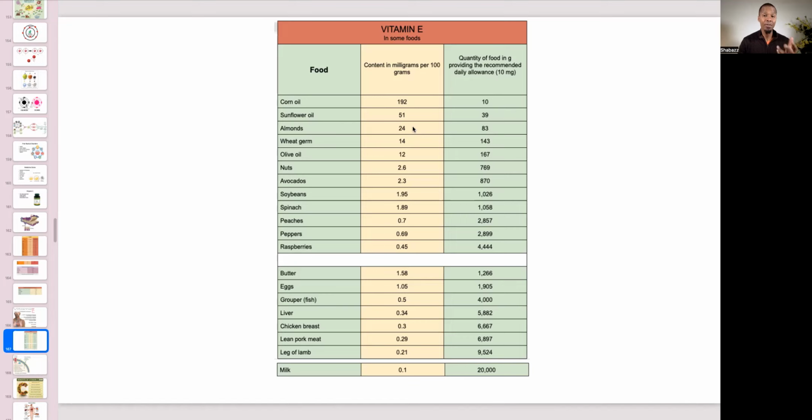That's phytic acid. Phytic acid comes from raw nuts. Almonds are no different. It comes from raw nuts. And when you put too much phytic acid in your system, it actually destroys your body's ability to metabolize the nutrients. So it inhibits the metabolizing of certain nutrients in your body. So we want to put in a handful, but look at this. If you're going to put in 83 grams of almonds, that's going to give you the recommended daily amount of about 10 milligrams of vitamin E. And that's like a 1/3 cup. But again, we don't want to do a 1/3 cup.